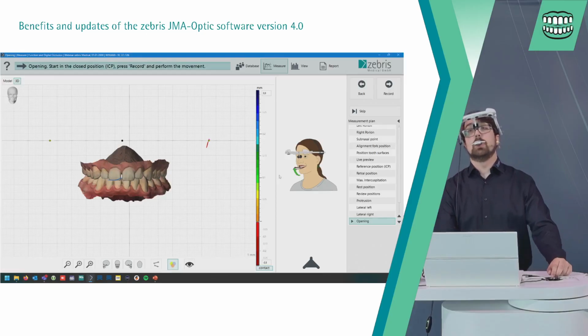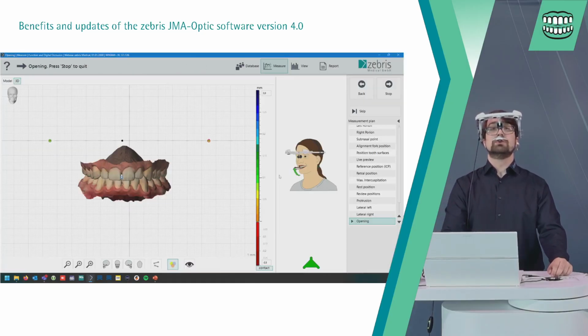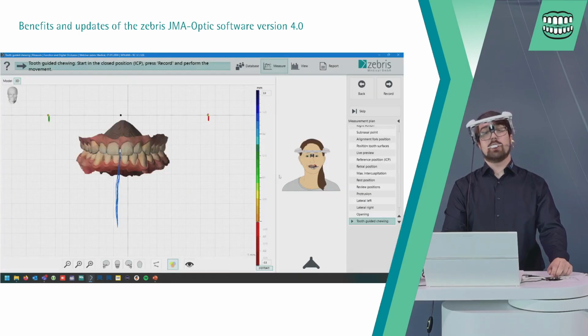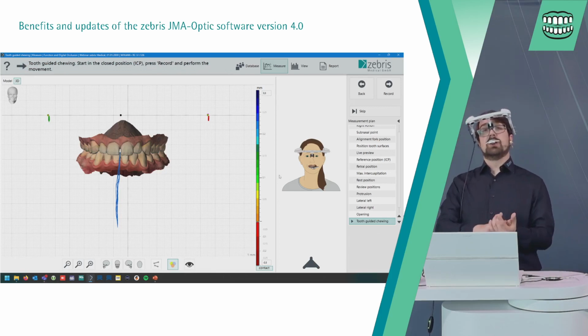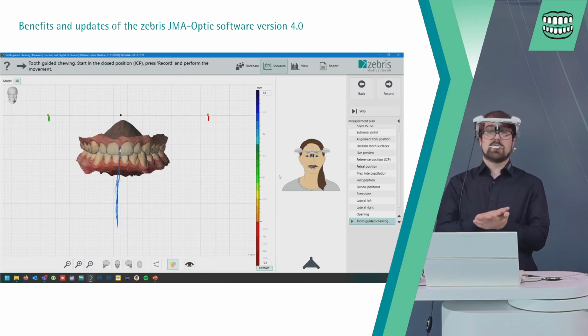Then we have our opening. And our tooth-guided movement. The tooth-guided movement is a movement under tooth contacts with small movements in every direction.